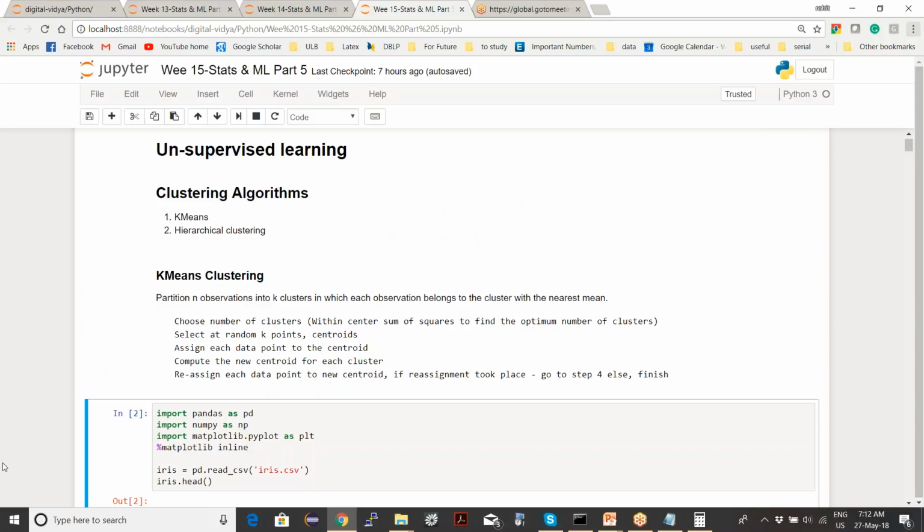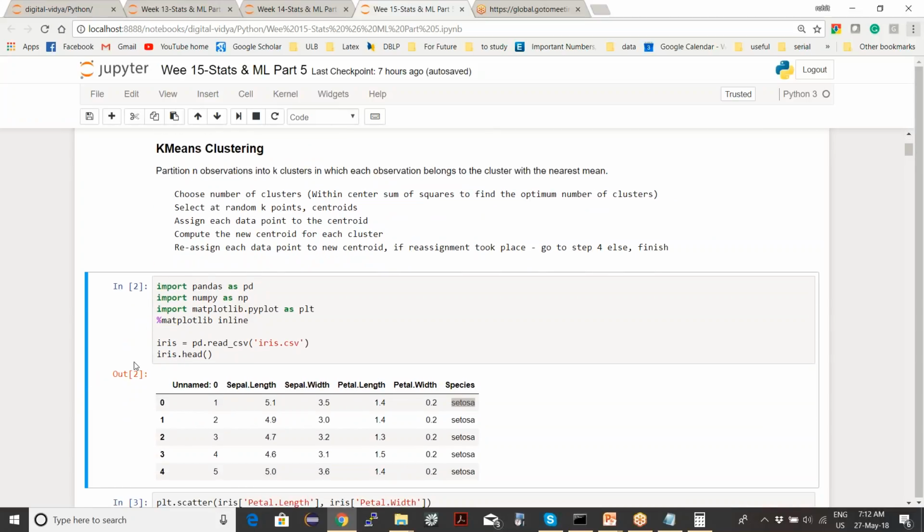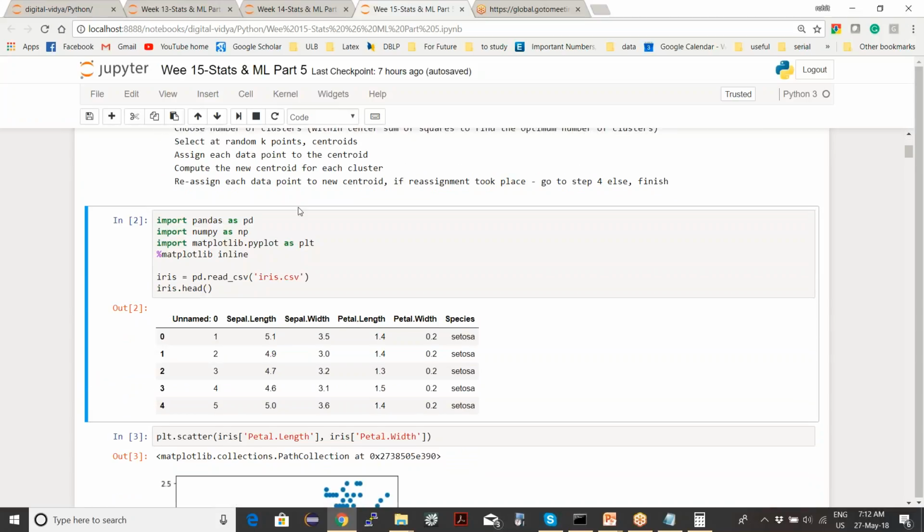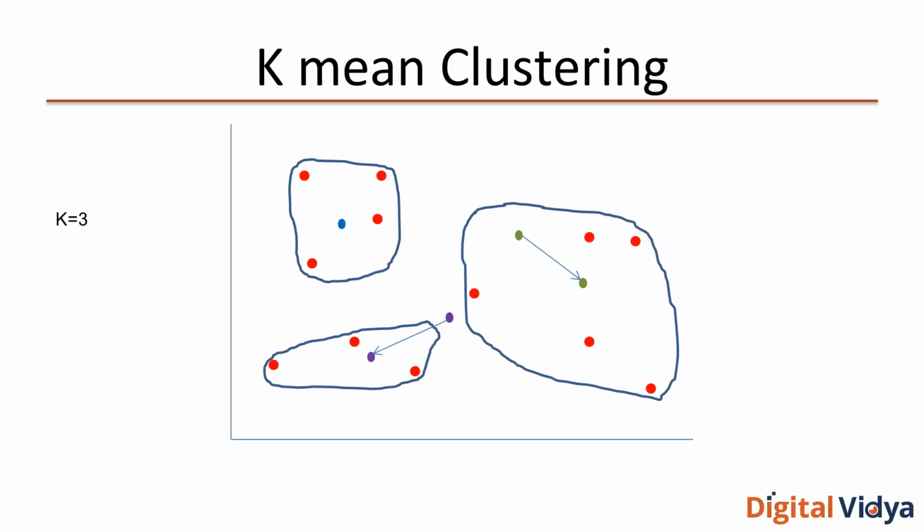So let's go back to how to do it in Python. So, which one do you think it's similar to? So it's a distance based method. So if you remember, there is something on k nearest neighbor in supervised learning, but there you already had the classes.